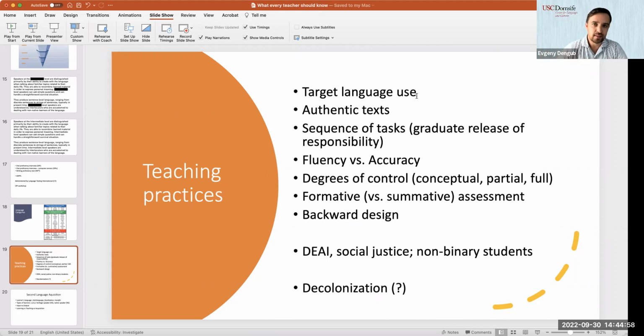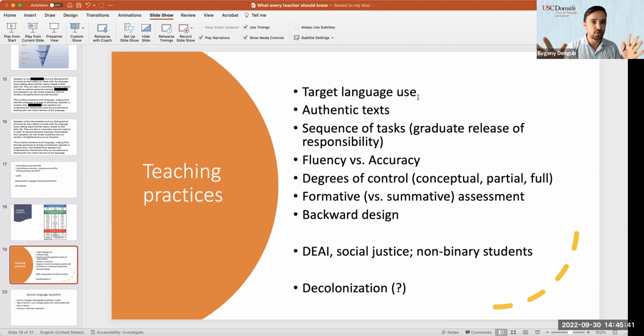Another one is the balance between fluency and accuracy. This is an important reminder that we should give to our students: usually one comes at the expense of the other. If I start speaking fast, I'll probably make more mistakes. That actually applies to many things we do in life, not just language. And vice versa, if I want to produce very correct language, I'll probably have to slow down. And it's okay to do one and not the other. But it should be a good mix.